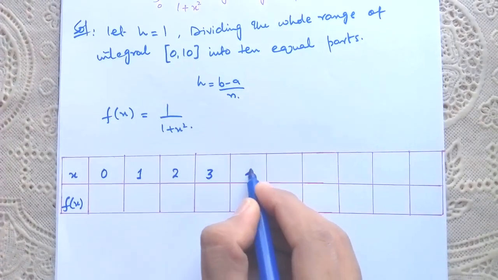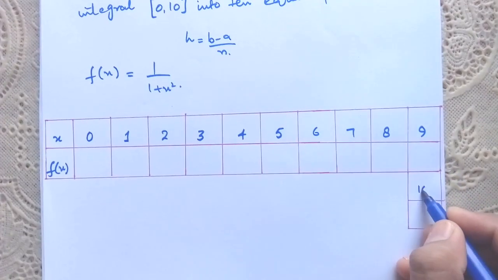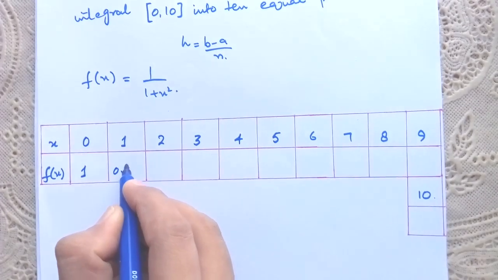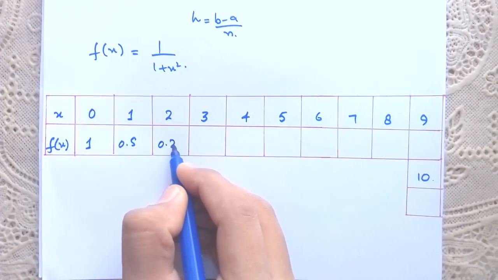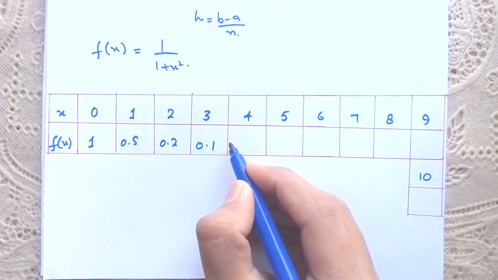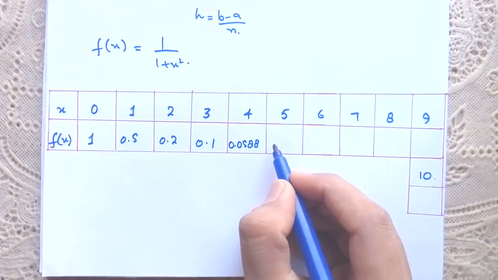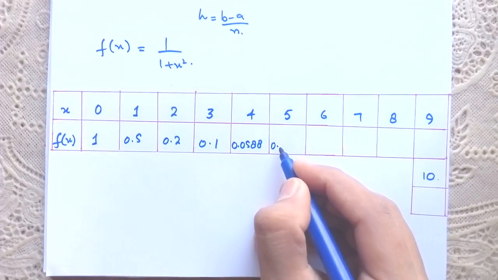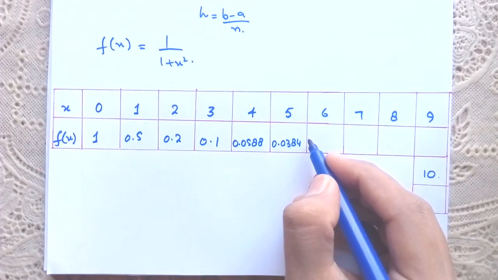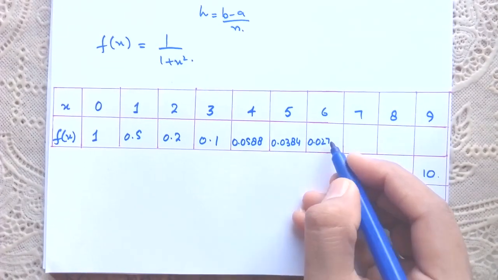सो 1 2 3 4 5 6 7 8 9 और यहाँ लिख लेते हैं 10, राइट। नाउ 0 पर वैल्यू ऑफ द फंक्शन होगी 1, 1 पर वैल्यू ऑफ द फंक्शन होगी 0.5 और 2 पर वैल्यू ऑफ द फंक्शन होगी 0.2, 0.1, 0.0588, राइट। और x इज इक्वल टू 5 पर वैल्यू होगी 0.0384 एंड 6 पर वैल्यू होगी 0.0270